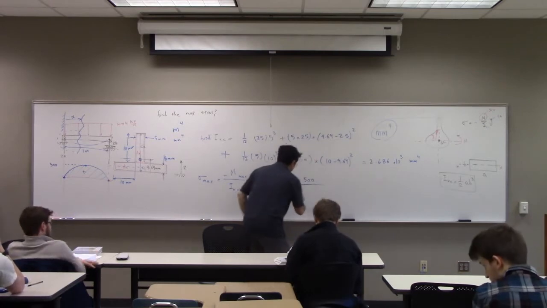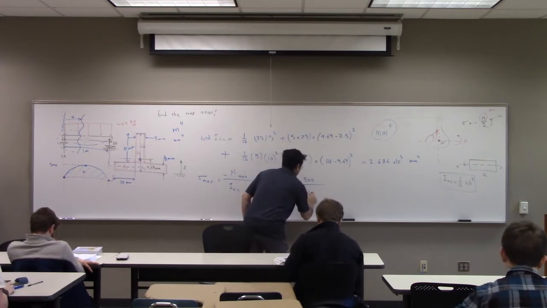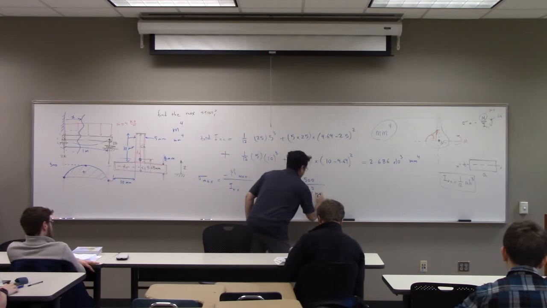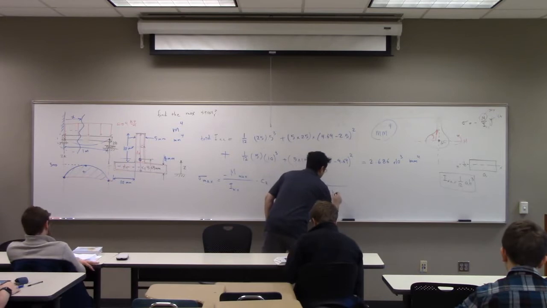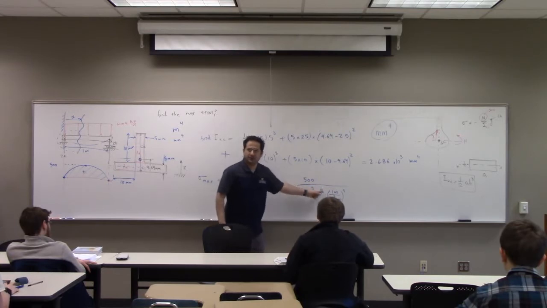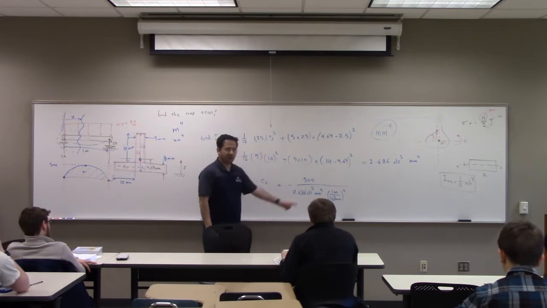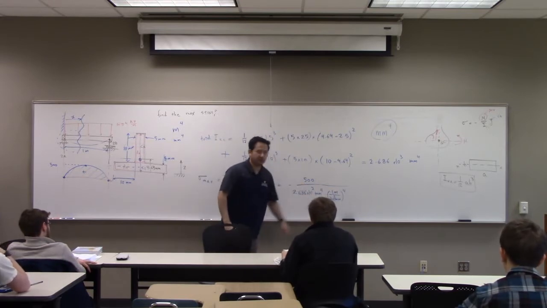I put 2.686 times 10 to the 3. This is millimeter to the fourth power, times... Then I say 1 meter is equal to 10 to the 3 millimeter, to the fourth. This is equal to 1, a conversion factor. From chapter 1, 1 meter is equal to 1,000 millimeter. You divide them together, you raise it to power 4, and then the millimeters cancel out. So the end result is meter to the fourth power times